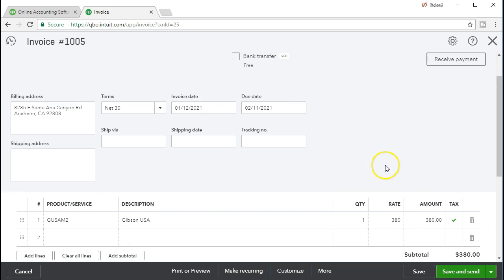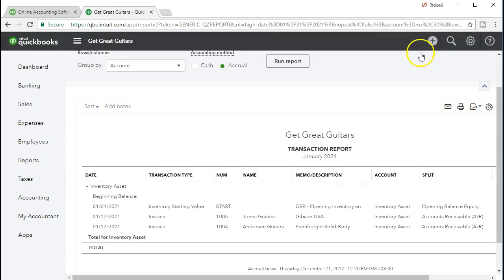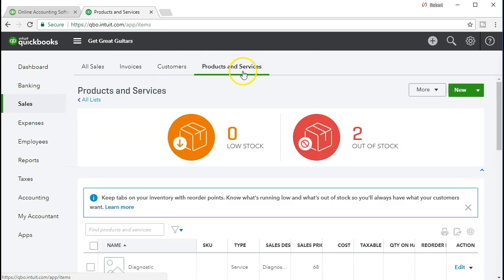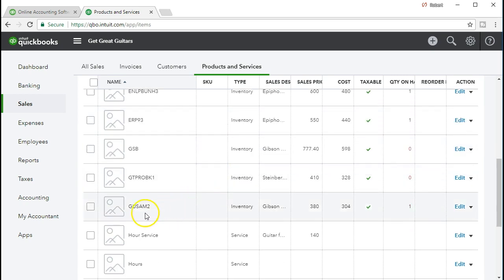So in order to find that, if we get the right guitar this time, it's a GUSA. If we close out here and we go to the sales and we go to product and services and we scroll down and we find that, if we want to check where that came from, it's right here. This is the sales price and this is the cost, $304. So that's where that number is coming from. It's going to be on the invoice or generated with the invoice, although it's not going to be actually on